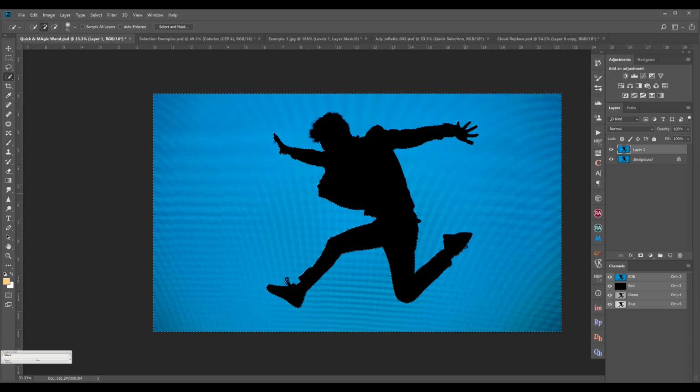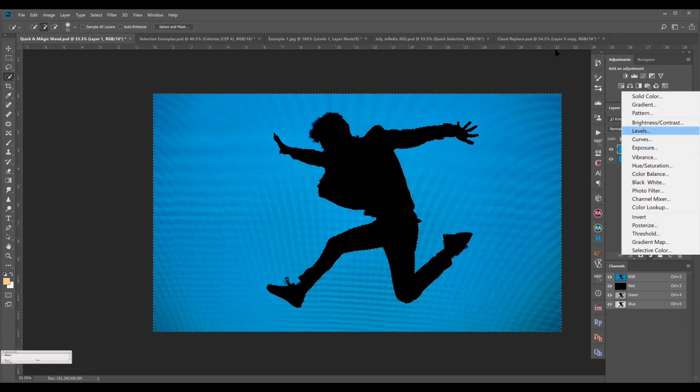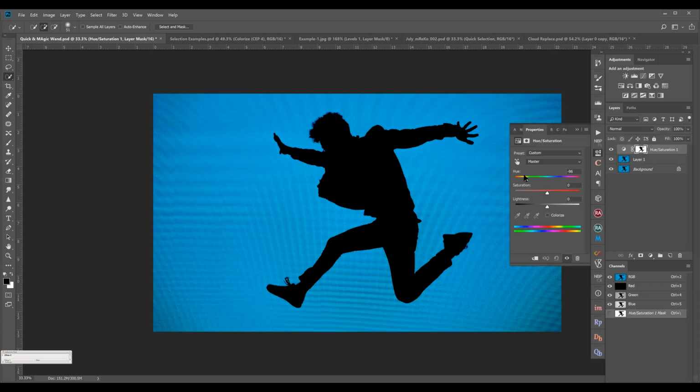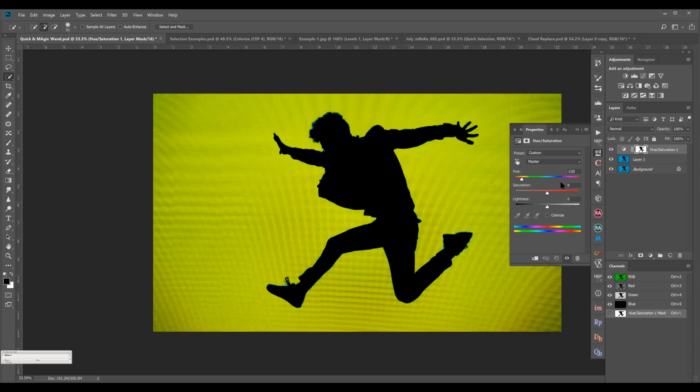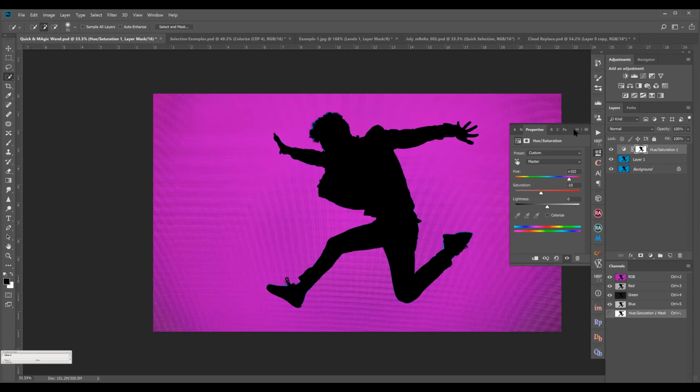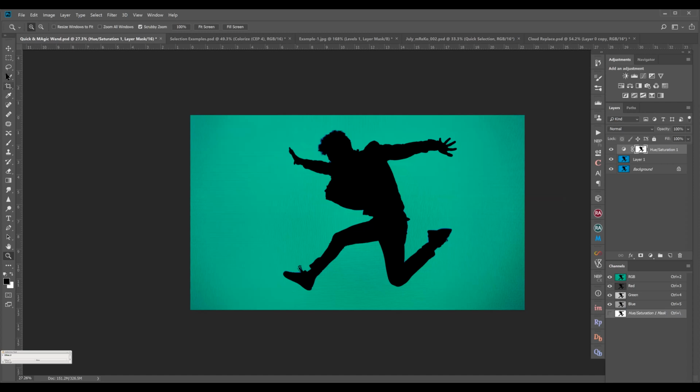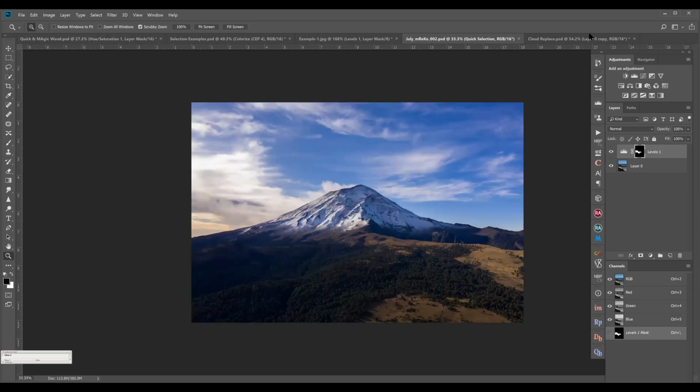Now what you can do, I don't like the color of the background, so I'm just changing the color of the background. So whatever color I want, I can just do it. So this is how in the real world you can use multiple tools in a single image. Next, I'll give an example.